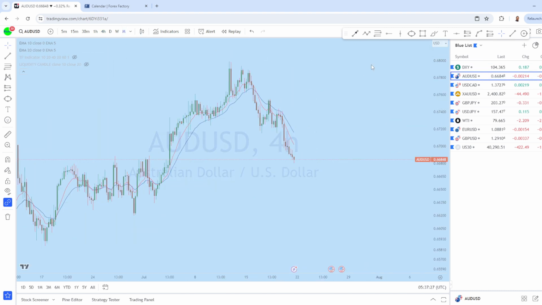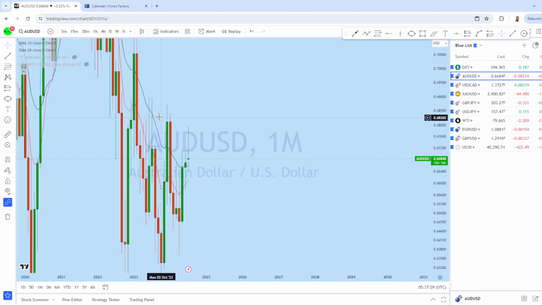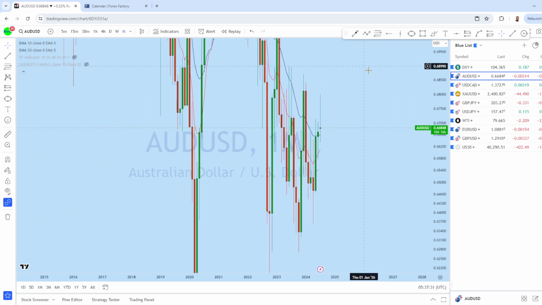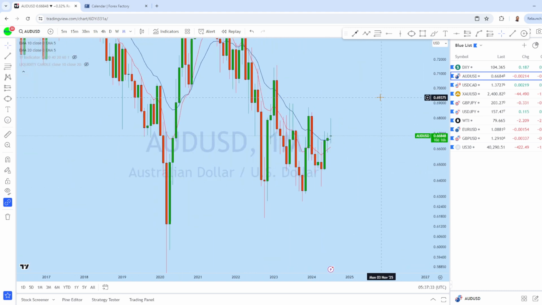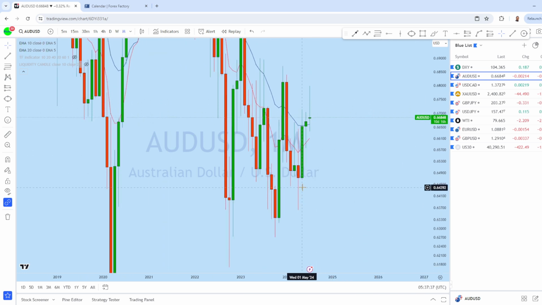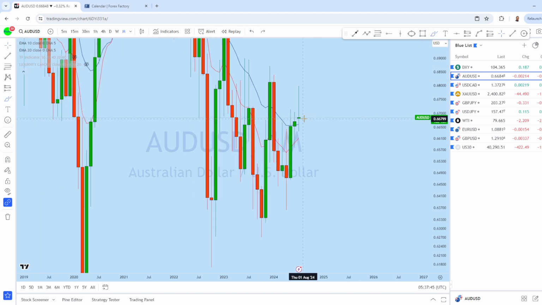Let's see a higher time frame, looking at the monthly chart on AUD USD. From the monthly perspective on AUD USD, we can see that so far this is the monthly impulse, followed by the price being almost at the support level on the monthly chart. And what we can expect on AUD USD, what I think, is that